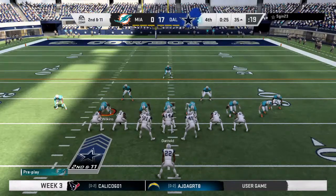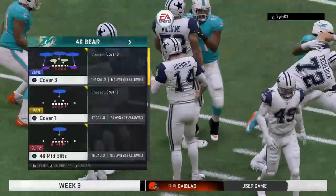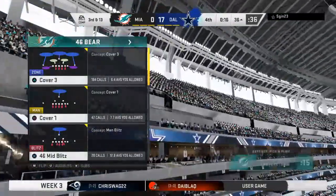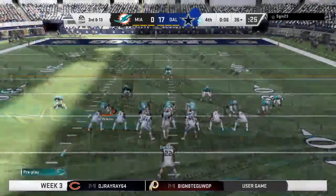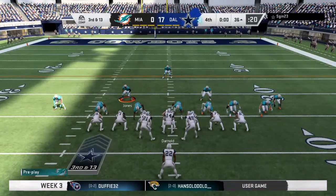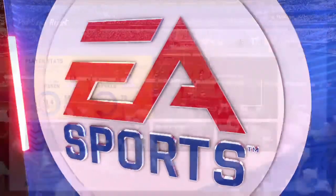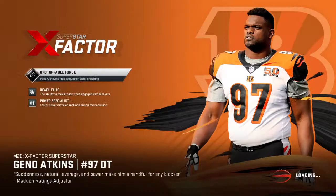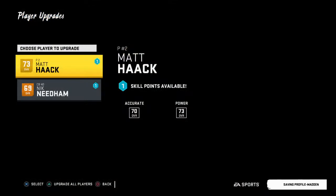Double tight. Even. 4 down. And they will take a knee here. Donald on the keeper. So time to start going in the other direction as they come up now 3rd and long. So this one will end in a victory for the...